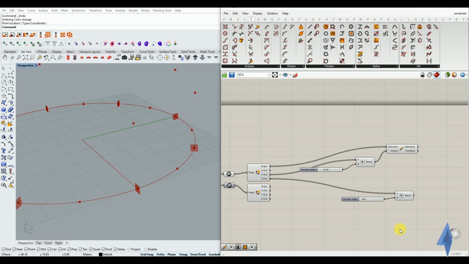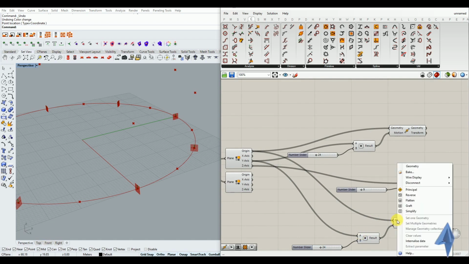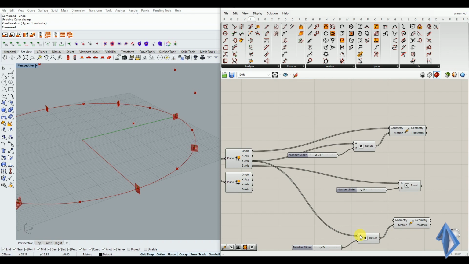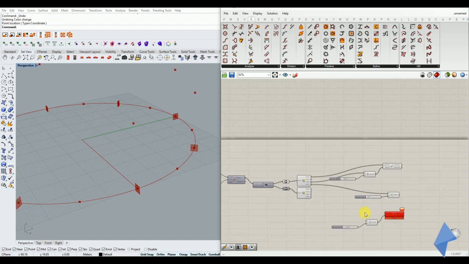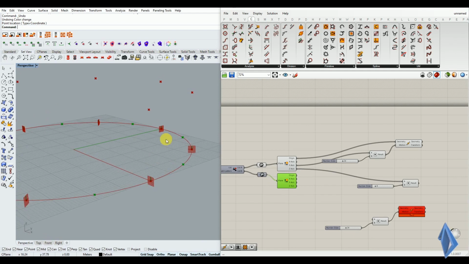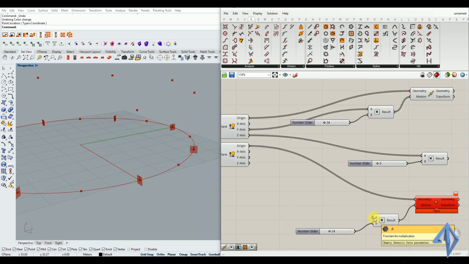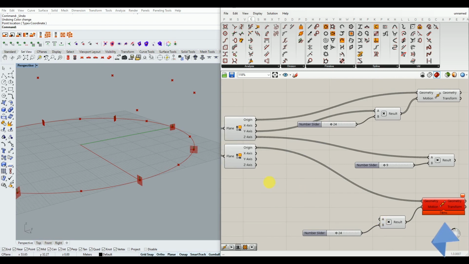So once you're done with this, now you can actually copy this whole setup once more by using Alt. You can actually disconnect all these things. You can just right click on geometry, disconnect this, right click on A, disconnect this, and now let's attach some other points and let's understand what else we have to do. Now we also have to move these points in the z-axis like we moved these points. So origin goes to geometry, and inside A we'll actually move, we'll actually attach the x-axis of these things, because